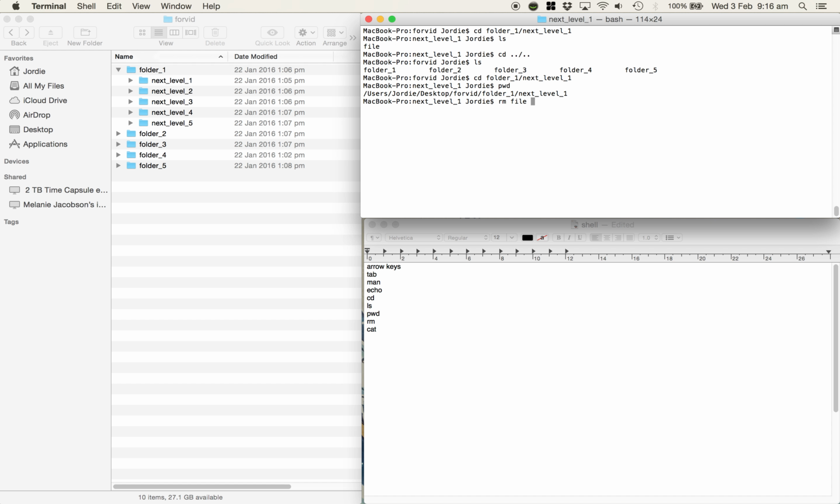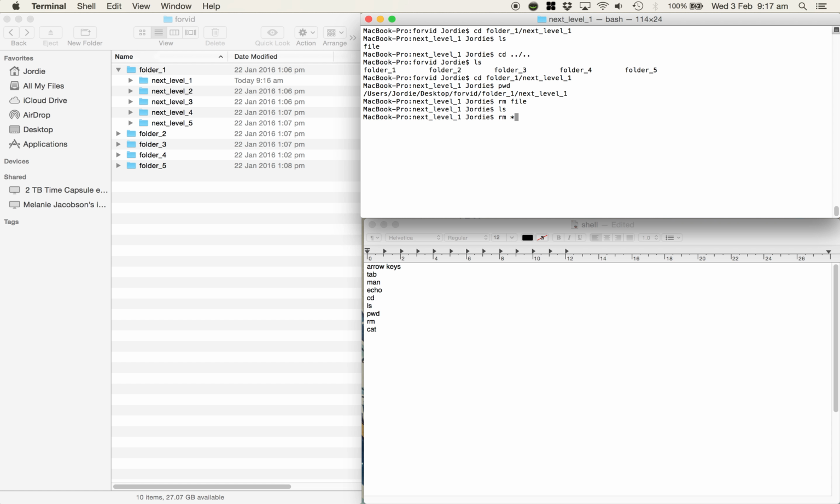file and I remove the file, if I type in ls, there's nothing in my folder anymore because I've removed the file. I can type in rm, we'll get into what this means a bit later, or the wildcard features. But if I type in rm and asterisk, it will delete everything that is not a folder in my current